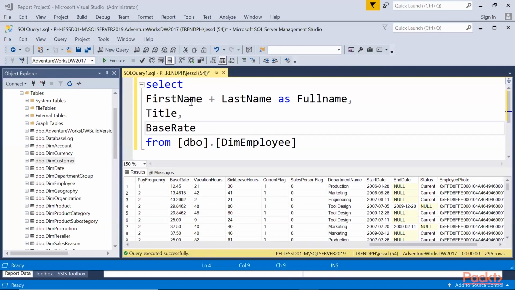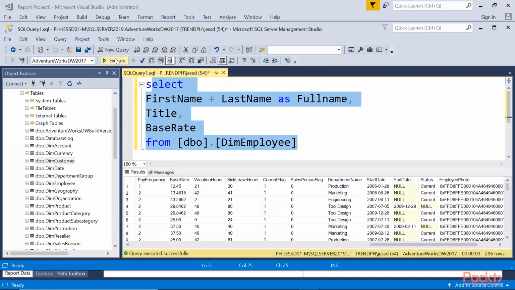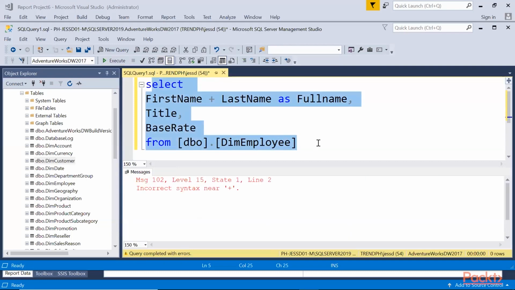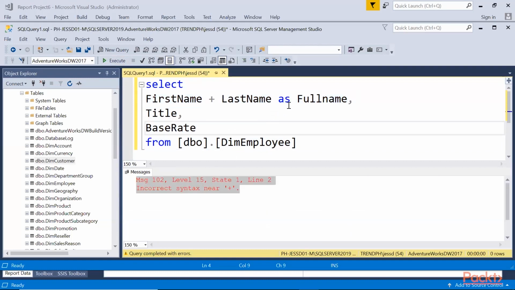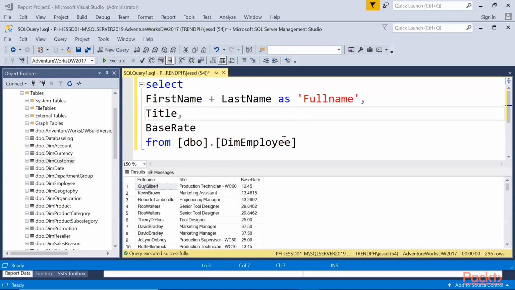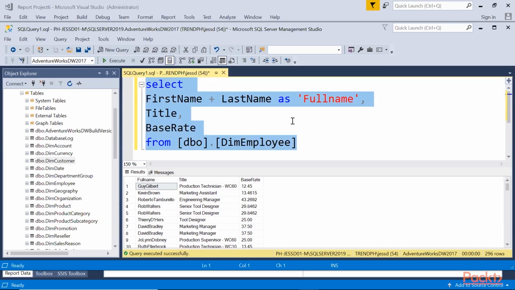So we'll be using this script wherein I'll be using the table dim employee. Plus as full name. There. So this would be the script. I will be using the script for our demo. So right now I'll copy this one, paste it in the report,